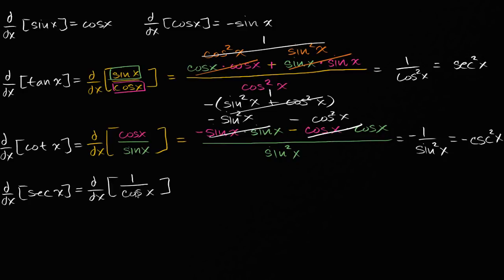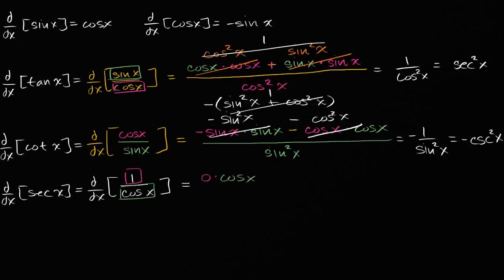And it's no coincidence that you get to the same answer. The quotient rule actually can be derived based on the chain rule and the product rule. But I won't keep going into that. Let's just apply the quotient rule right over here. So this derivative is going to be equal to the derivative of the top. Well, what's the derivative of 1 with respect to x? Well, that's just 0, times the function on the bottom, so times cosine of x,